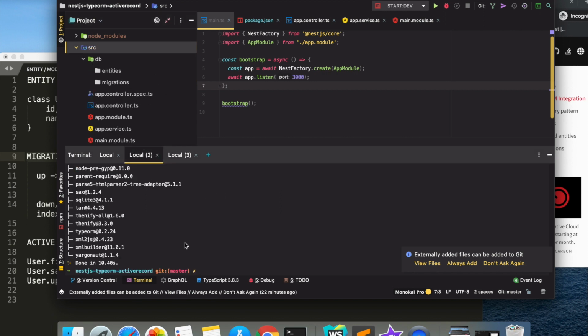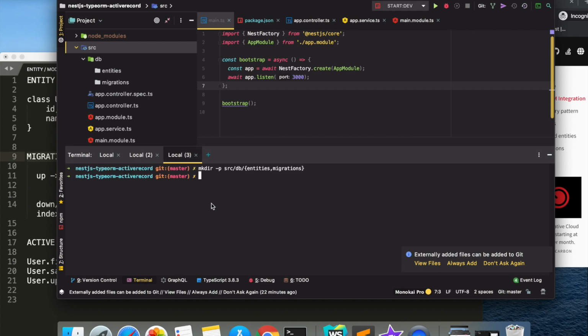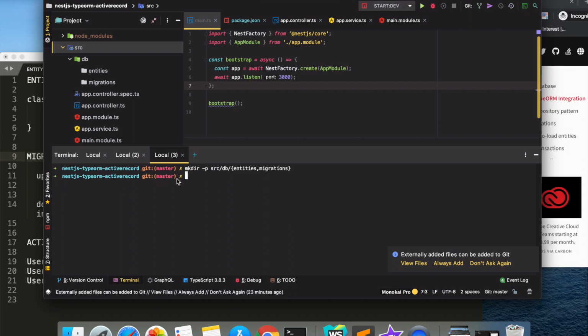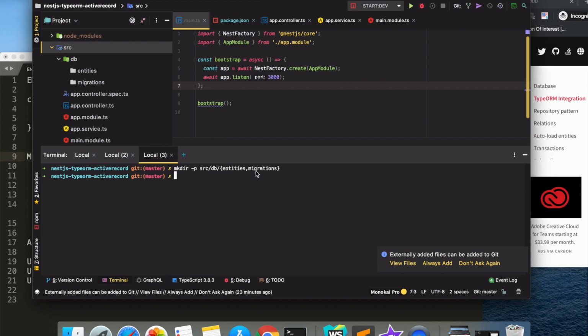Okay, so the dependencies have been installed. Now we need to add configurations, environment variables for SQLite, which will define where our entities are, where our migrations are, what database to use, and all those things.